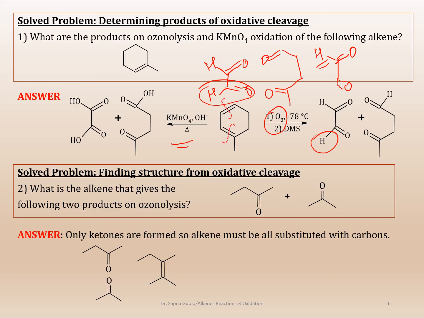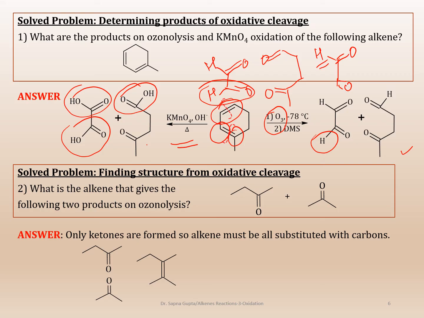For KMnO4, you're going to get more oxidized products, which is carboxylic acids. So wherever you have hydrogens, you're going to get carboxylic acid. On the left side here, you'll get carboxylic acid. On the right side, this carbon will give you only a ketone. So fairly easy kind of a cleavage to do with